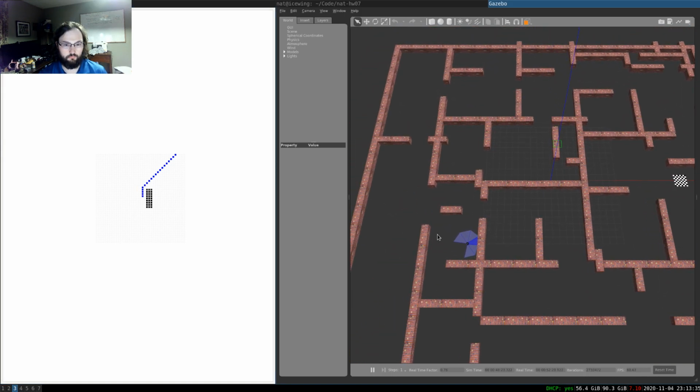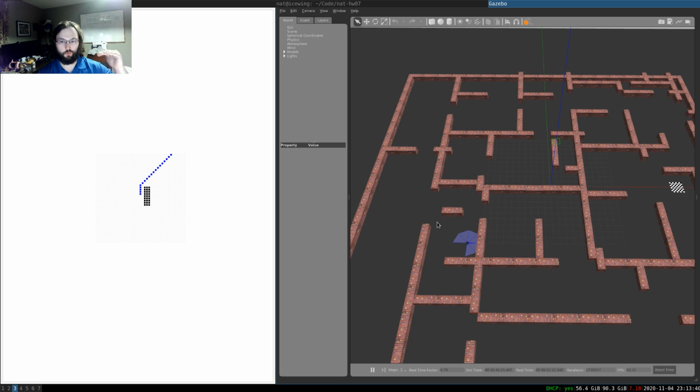If we have the goal to the right, then the directions on the visualization are the same as the directions in Gazebo. You see the blue line is the portion of the path that we can see on our map. You could make this visualization bigger. I just made it super small for my own personal convenience. You can see it's sort of trying to get through that door because that's the best path it can find